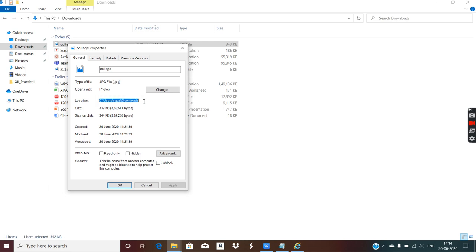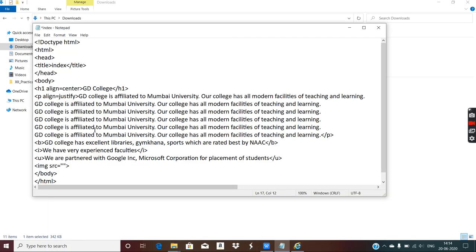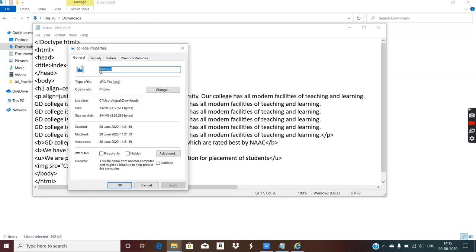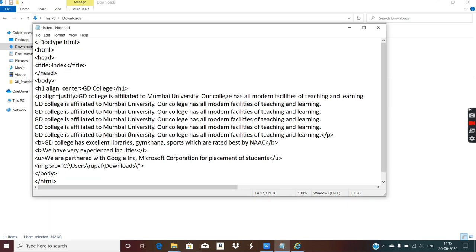These three things. So first we will copy this. I have copied it and I am pasting it in the notepad. So we will command the browser that you have to go to this path. Then I'll put a matching backslash, go to the properties once again, select the name of the image. The name of the image is the first detail available in the box. Or you can just type the spelling. If the spelling is easy, you can just type it. I prefer to copy it